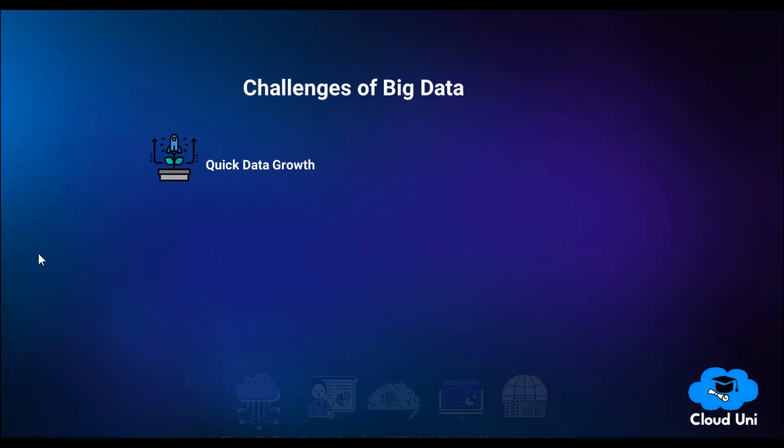Quick data growth. Data growing at such a quick rate is making it a challenge to find insights from it. There is more and more data generated every second, from which the data that is actually relevant and useful has to be picked up for further analysis. Storage. Such a large amount of data is difficult to store and manage by organizations without appropriate tools and technologies. Syncing across data sources. This implies that when organizations import data from different sources, the data from one source might not be up to date as compared to the data from another source.